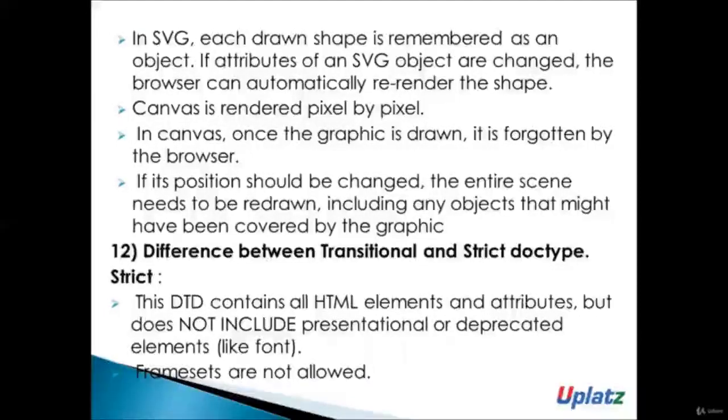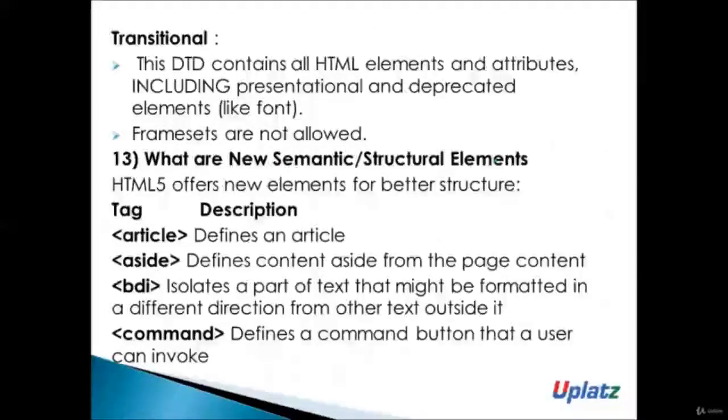So the next is the difference between transitional and strict doctype. The strict one contains all HTML elements and attributes, but it does not include presentational ones. Here, framesets are strictly not allowed. Transitional means it contains all HTML elements and attributes, including presentational and deprecated ones. Here also framesets are not allowed. So the next